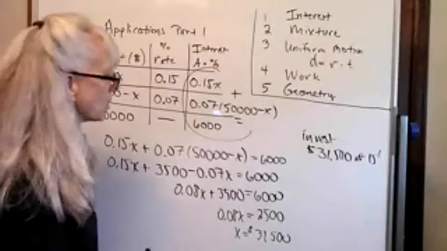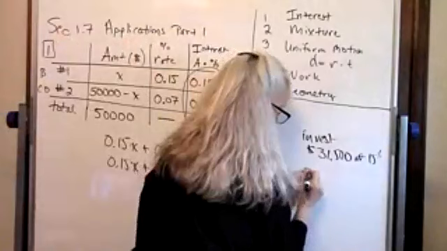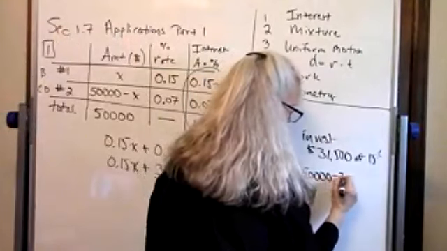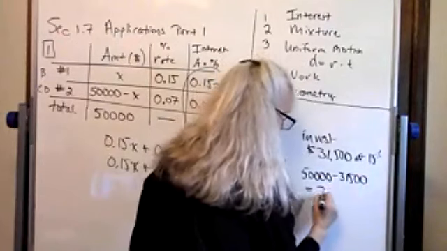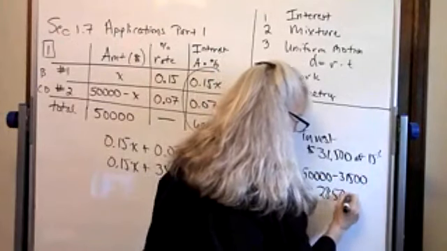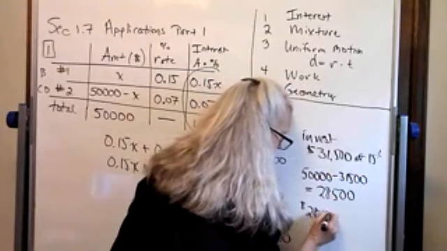So to do that, we're going to take the 50,000 minus X. So 50,000 minus the X we just found, the 31,500, is going to give us 28,500. And that's how much we're going to invest. So 28,500